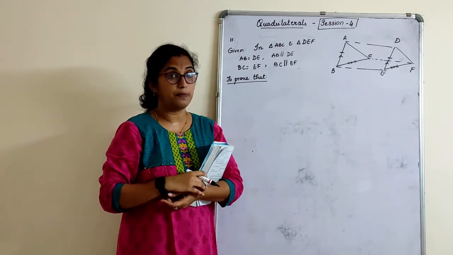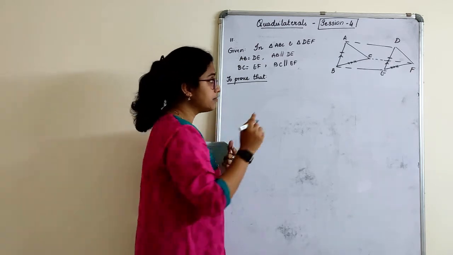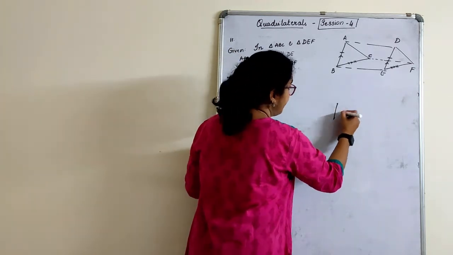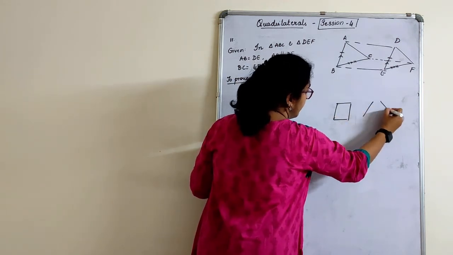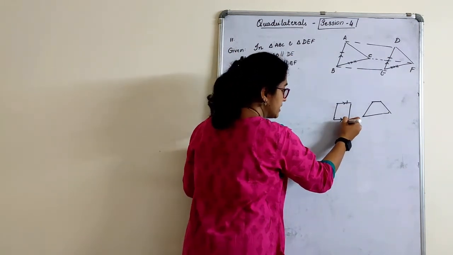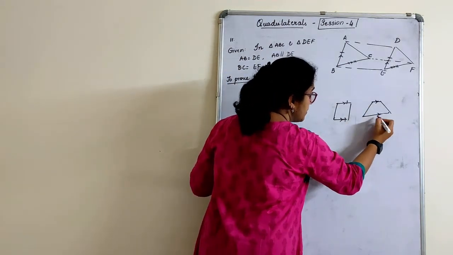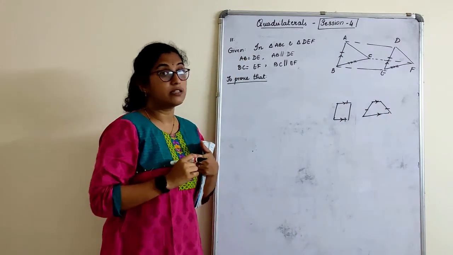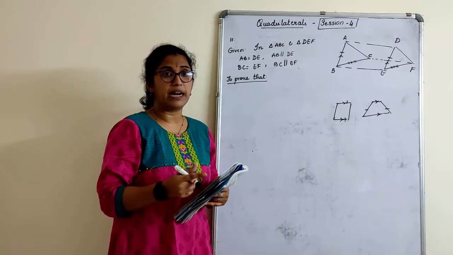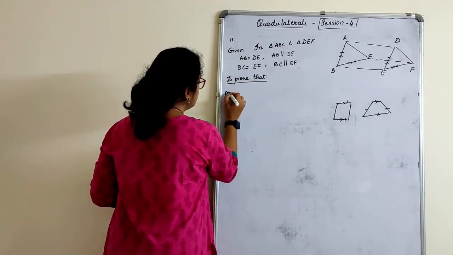In which quadrilateral, if the opposite sides are equal and parallel? In a trapezium only one pair is parallel. But if the same pair is also equal, it can only happen in a parallelogram. In a trapezium this pair is parallel and this pair is equal, that is an isosceles trapezium. So a quadrilateral whose one pair of sides is equal and parallel can be called a parallelogram. To prove that, we have written the proof.